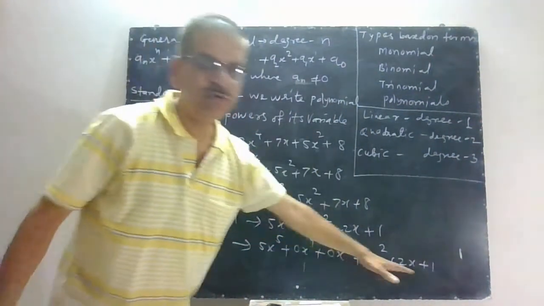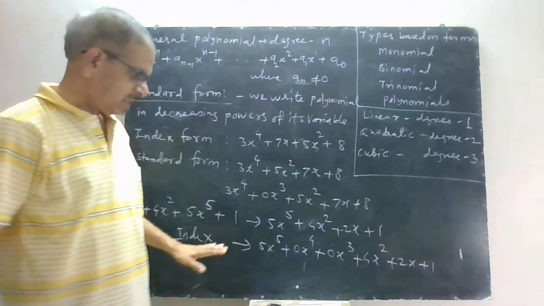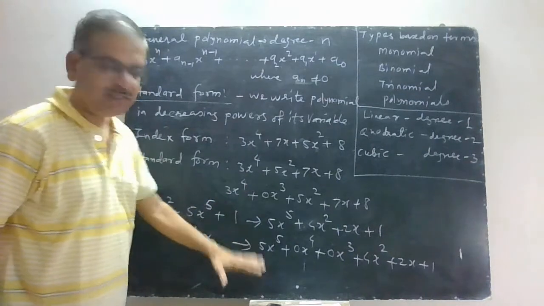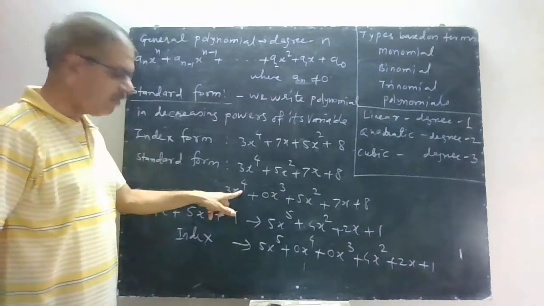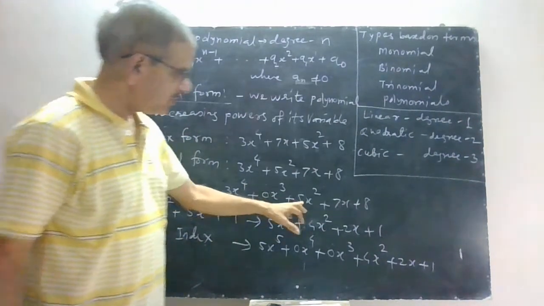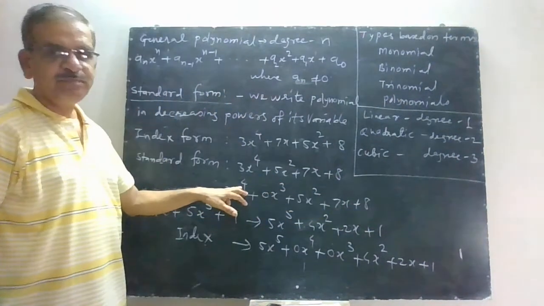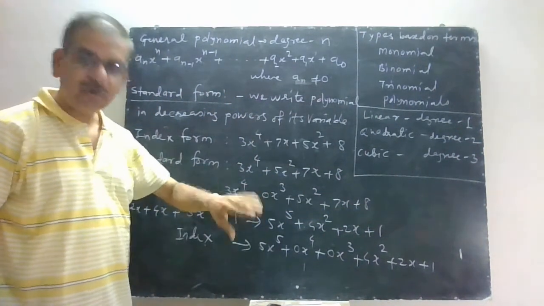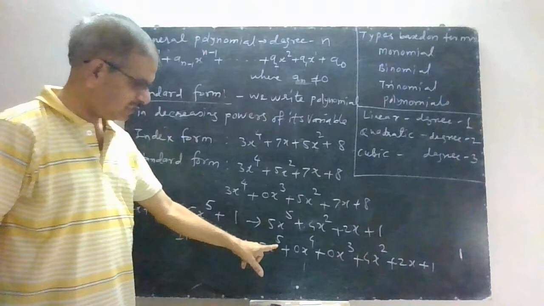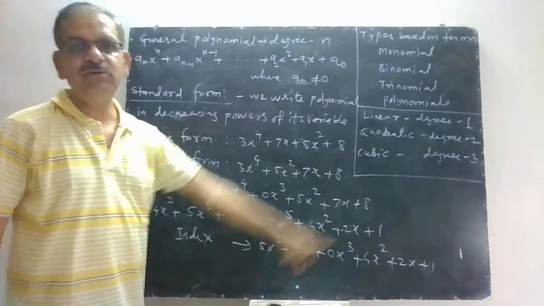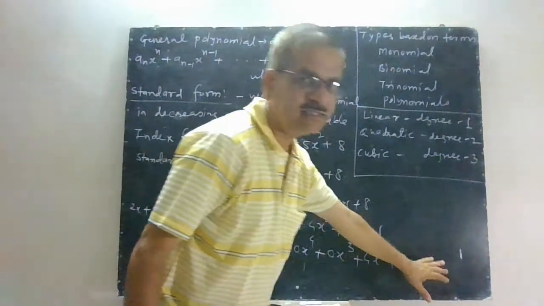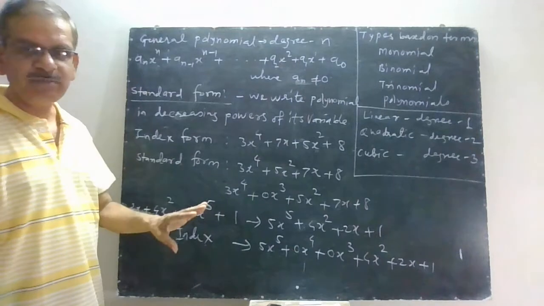This type of writing we call index form. Now observe one more important thing in this example as well as in the previous one: when you write down index form, if the maximum power is 4, it will contain exactly 5 terms: 1, 2, 3, 4 and 5. That is, one more than the maximum power. Observe here, if the maximum power is 5, it will have 6 terms, otherwise it is not the index form. So 1, 2, 3, 4, 5 and 6. Once you write the index form, just count the number of terms.